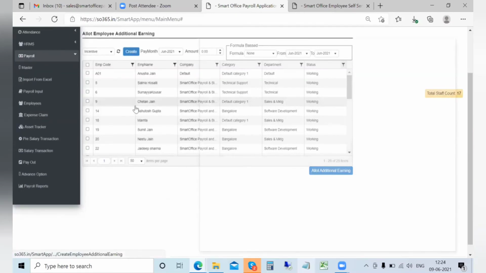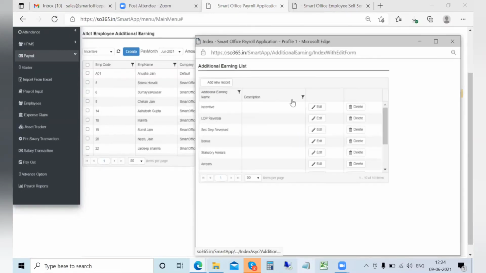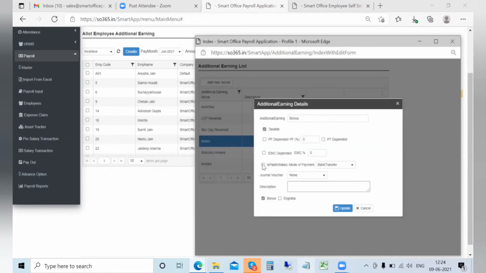While creating the master, one of the good options that are given is that you can also define whether PF, ESI, PT, and those kinds of things have to be calculated or not, and whether you want to pay this particular amount within the salary, or it should be paid separately. If you want it to be paid separately, you will have to keep this box unchecked, and the same thing can be processed. General voucher is again the option wherein if you want to include this particular number in the journal entries, then either you can select a different head here, or you can include it in your other salary expenses. Here there are a couple of options given in terms of bonus or ex gratia.